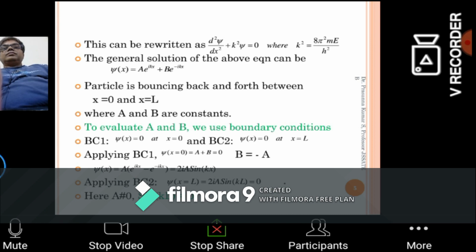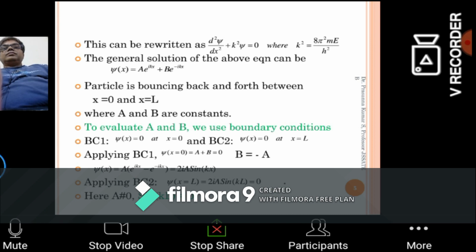So what was said earlier: if the particle is tightly bound, it is moving within the boundaries. Any particle inside just gets reflected. You know that an electron goes around the nucleus, isn't it? So it is moving within the boundary and gets reflected from the boundaries. When it meets the walls of this potential, it has to reverse, isn't it? So it is e to the power minus ikx.